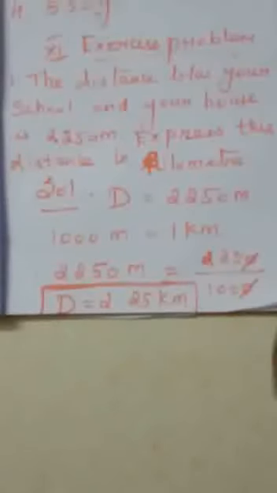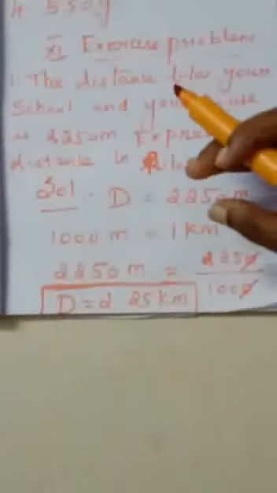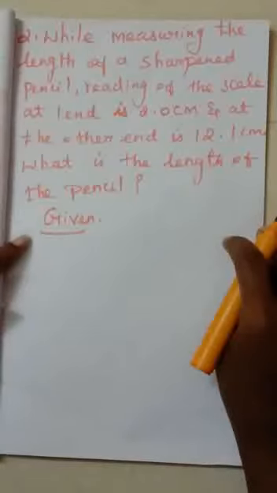I hope you watch this video and this session once again. I am taking gram next, that is for mass and weight, only for your understanding process. If you are clear with the conversion, big to small quantity and small to big quantity, what is the procedure, that is step multiplication or division, you can easily do all these problems. Clear? This is what you are learning in your measurement unit, right? I hope you understand. Now we are entering into the second sum. Okay, this is the last sum.